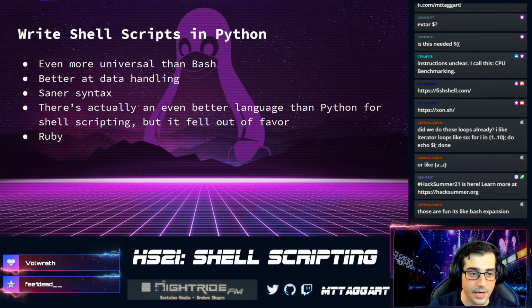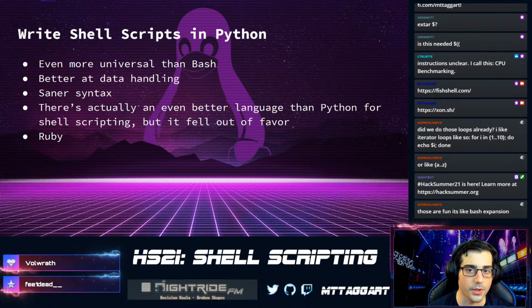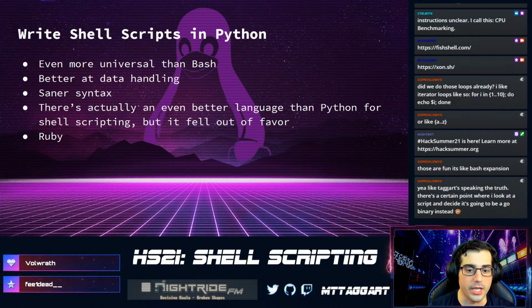And then here's the hottest part of the hot take. Ruby, which has totally fallen out of favor, is actually better for shell scripting than Python. The Ruby OS library has such a clean and clear syntax for working in the shell that it's just beautiful. And it even has this cool capability that if you write a shell command in backticks, it'll just run it.